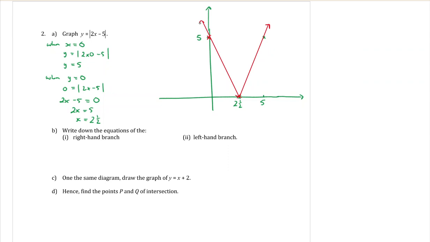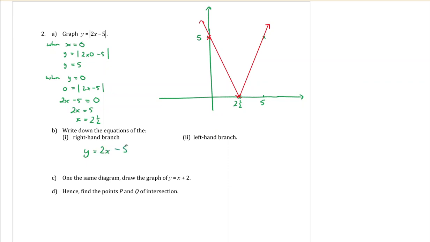Part B says, write down the equation of the right-hand branch. Okay, because the absolute value has a point, the right-hand branch is this side, and this is the left-hand branch, okay? This one over here is what the graph of y equals just 2x minus 5 would be. If I just got rid of the absolute value, this right-hand branch would just be the 2x minus 5. All the absolute value has done is, once my graph came down here, instead of going down to the negative values, as soon as I go negative, I want to reflect that back up into the positive. Okay, so the right-hand branch would have the equation y equals 2x minus 5,